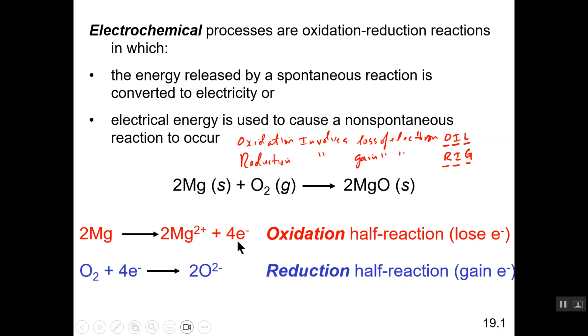So you'll notice that here we have electron loss by the magnesium, that's oxidation, and here we have electron gain by the oxygen, that's reduction, all right? And one key thing I want to remind you of that you should have learned in your Chem 1